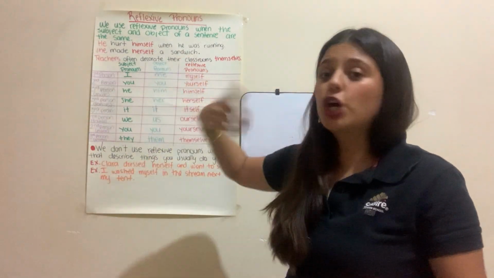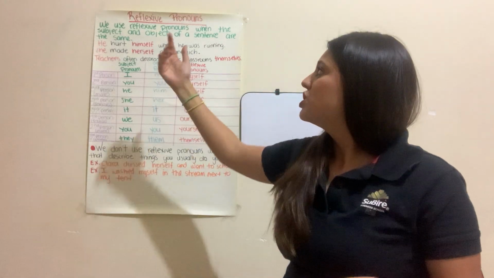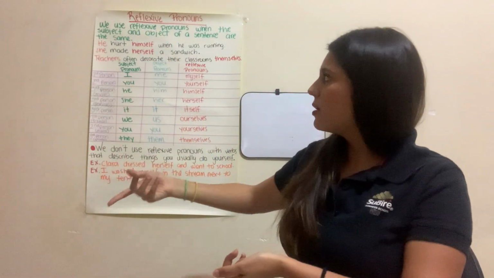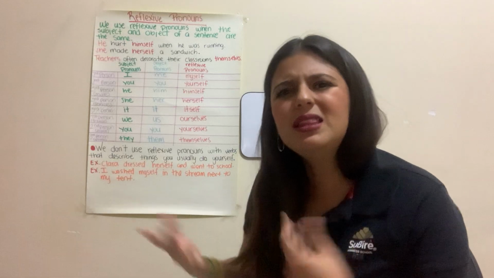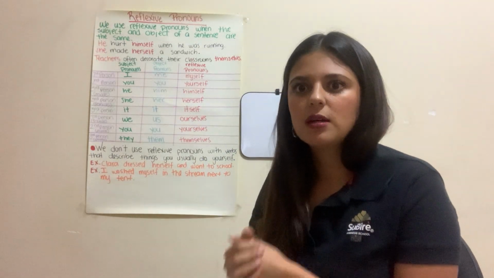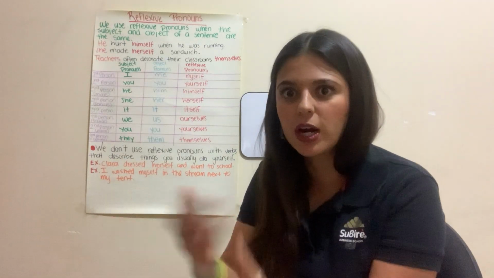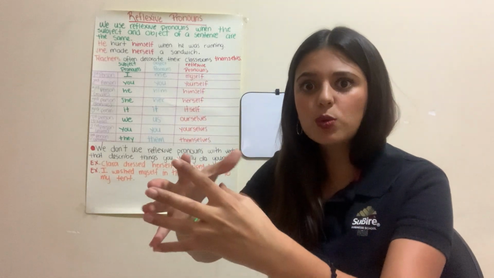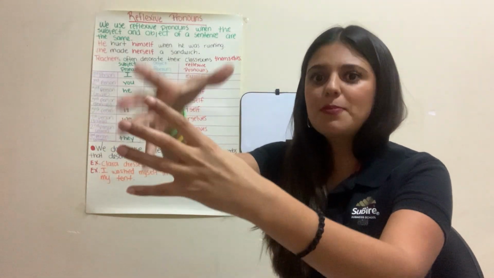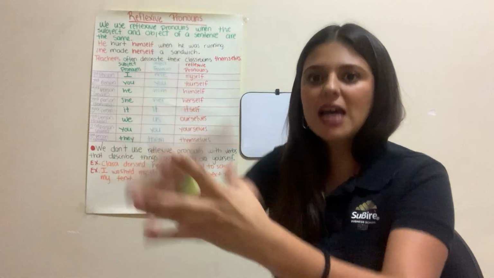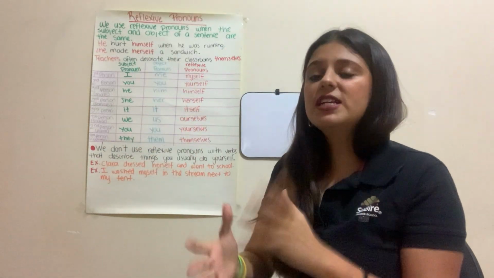And then with the female: she made herself a sandwich. Who made the sandwich? She did. For whom? For her. Okay? So she made a sandwich for her. She made herself a sandwich. Okay, this is when we use the